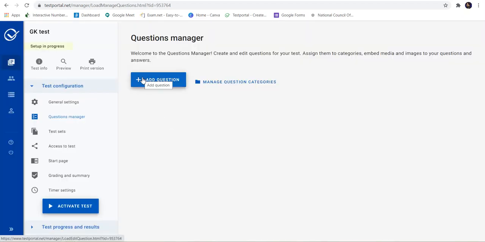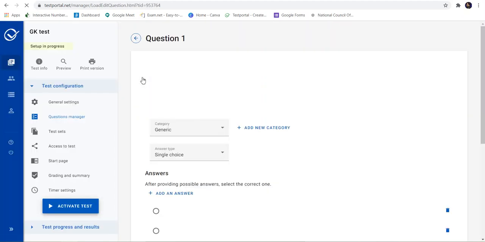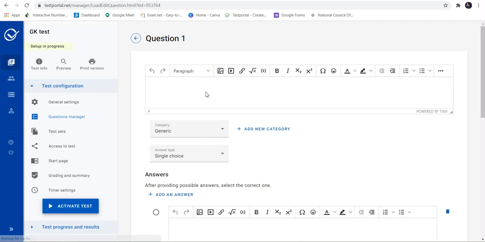Click on add questions. Then by default it says this is question number 1, and here is the box in which you will write down the question. Now here you can write down the question based upon your choice. It can be a multiple choice question, it can be short answer question, it can be a long answer type